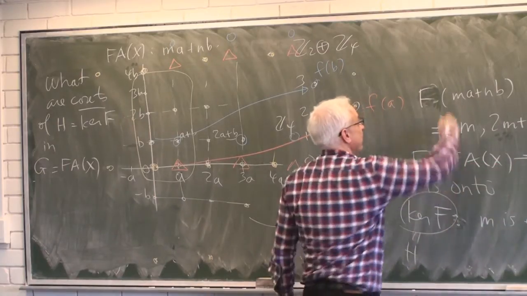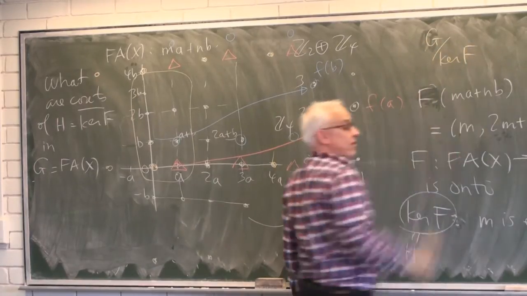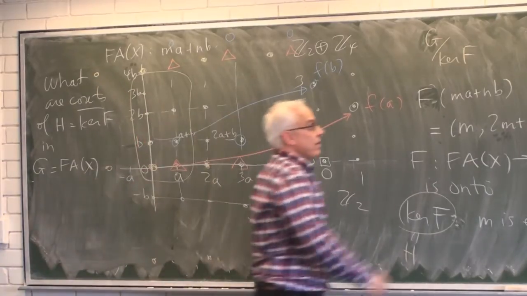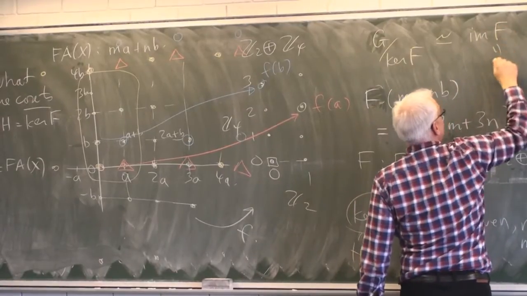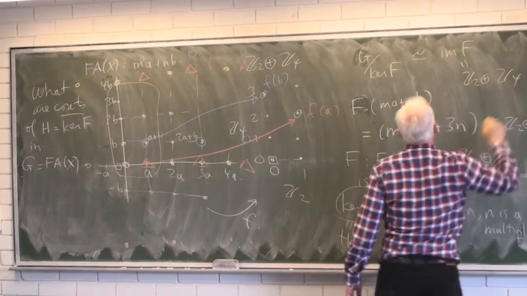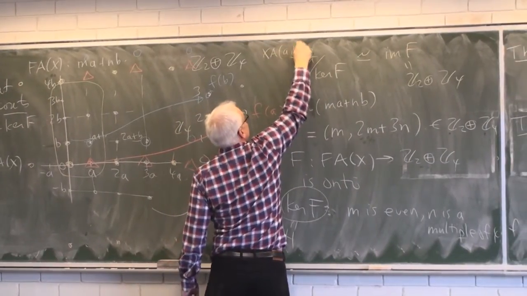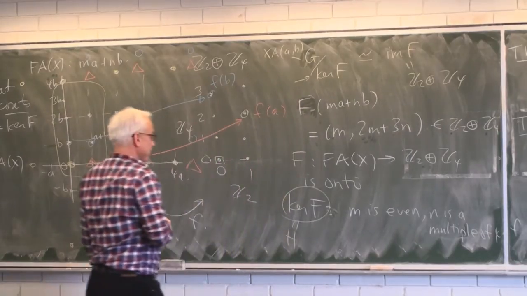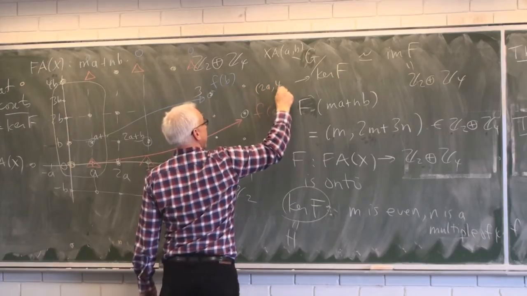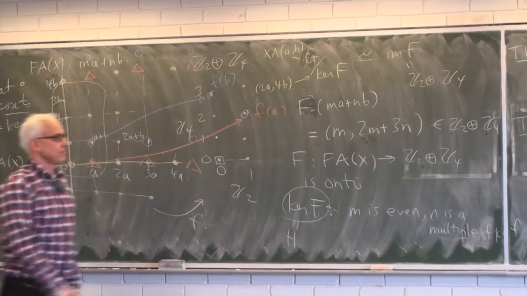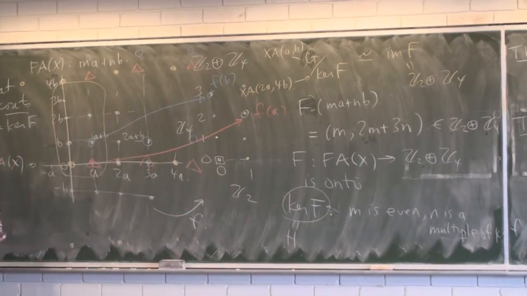And that's a typical situation: the group G divided by the kernel of this map F is isomorphic to the image of F. So in this case, this is Z2 plus Z4. This is our free abelian group on A and B. And this was this kernel that's generated by the relations 2A and 4B. Really the free abelian group on 2A and 4B.